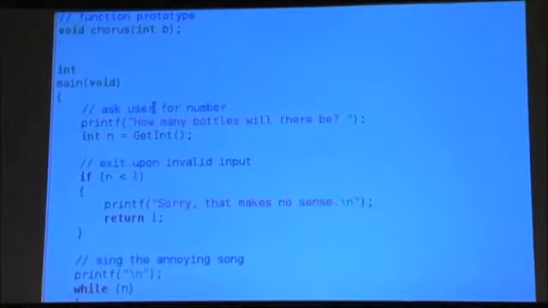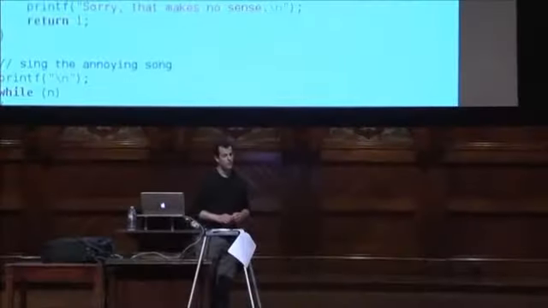If you declare a variable in main, will it still be declared in another function of the main? Really good question. If you declare a variable in main, will it be accessible to another function like chorus? What do you think? So no, and again, you can fall back on the same rule of thumb. Variables only exist within the confines of the curly braces. So main has its own curly braces at the very start and the very end. So any variables in there are not, in fact, accessible by a function like chorus.